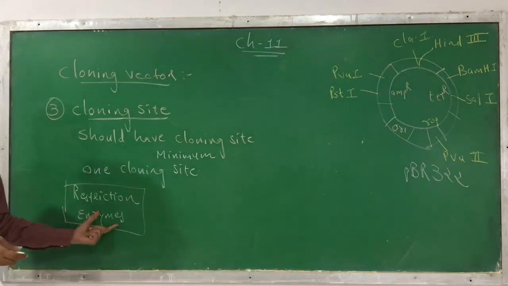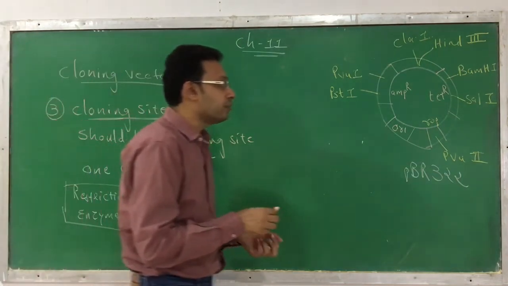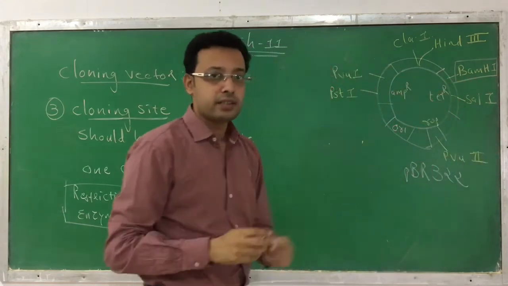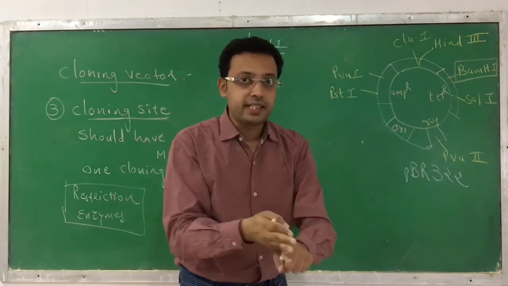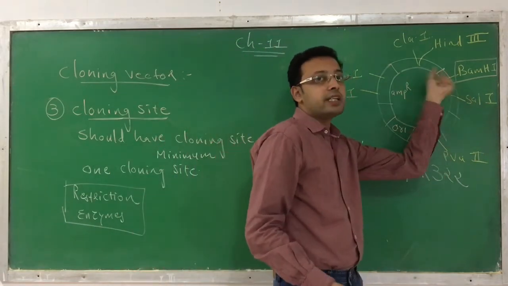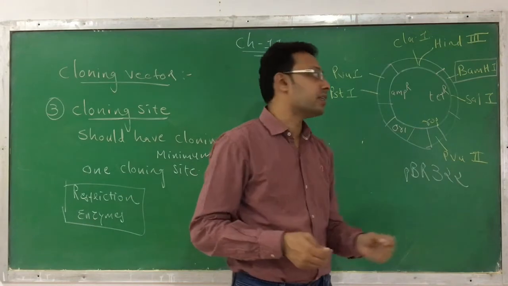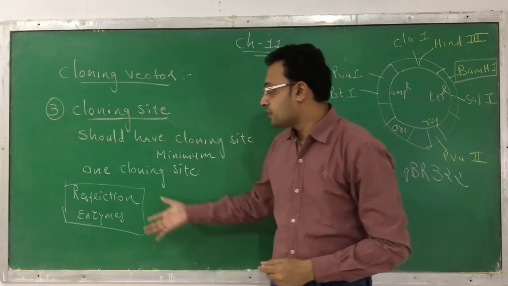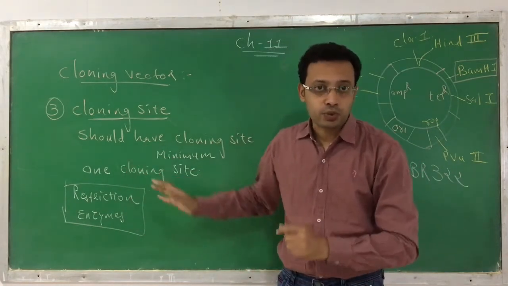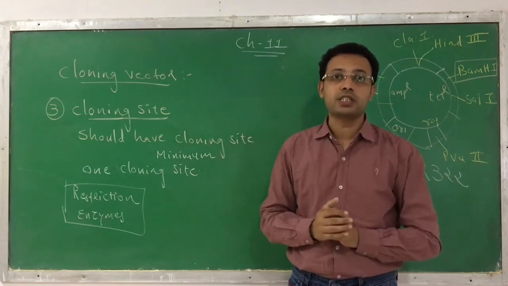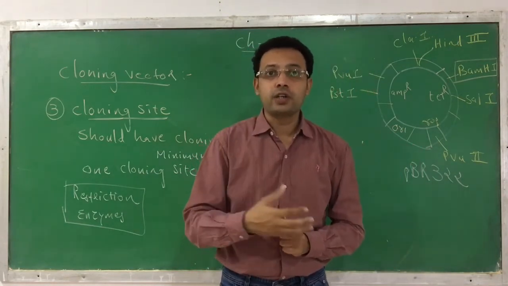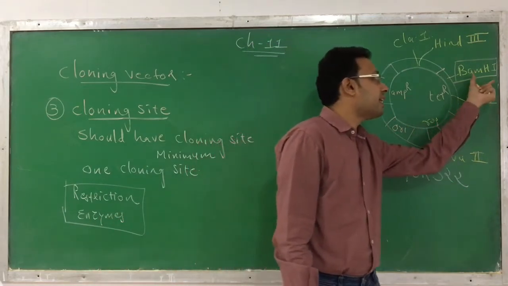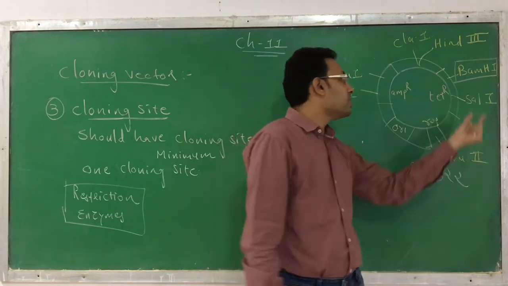Let's see. This restriction enzyme, just for an example, assume that it cuts the DNA at this recognition site. It recognized this one, BAMH1, and it cut the DNA and introduced the foreign DNA over here. So here the foreign DNA is introduced. Clear? I am again repeating. The restriction enzyme we are using in this process, just as an example, is a common restriction enzyme which recognizes the cloning sites and cuts. Assume that it recognizes this site BAMH1 and introduces the foreign DNA over here.